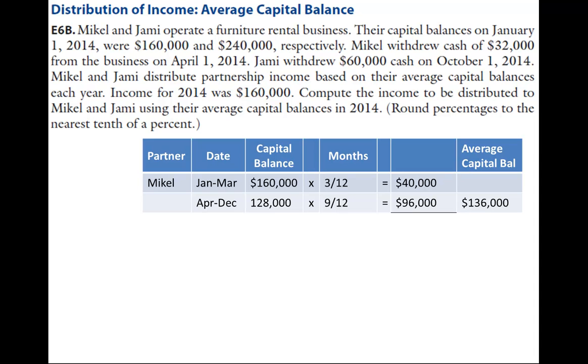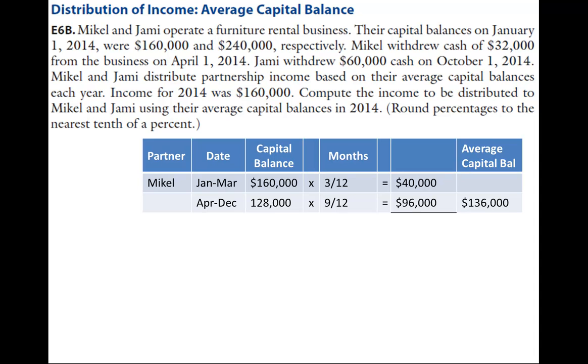He had a capital balance of $160,000 from January to March because April 1st is when he withdrew money from his capital balance, which would then change his capital balance. So for 3 months out of 12, he had a $160,000 capital balance. So basically we're prorating that. So if we take the $160,000 times 3 months out of a total possible 12 months for the year, we